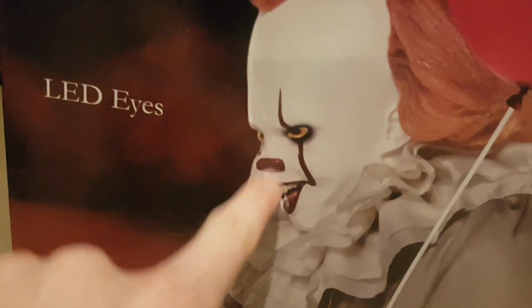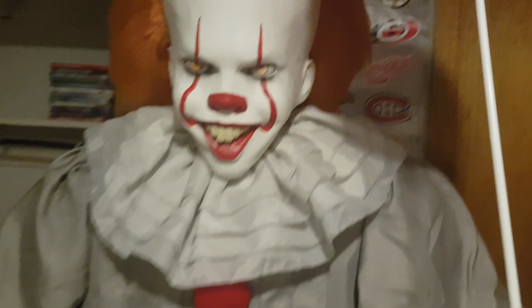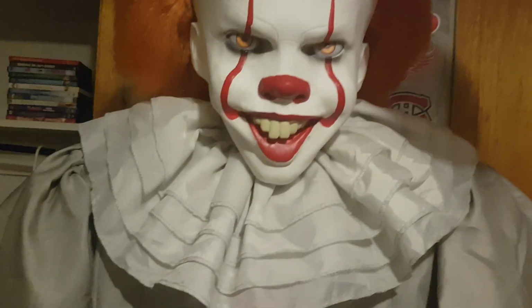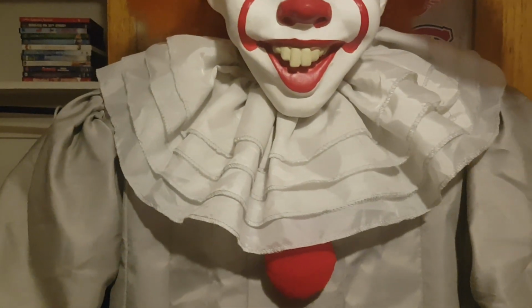And see the prototype, how the paint is like a dark red? That is screen accurate. When you go here, it's like a lighter red. It still looks good, don't get me wrong, but here's the thing. You could easily